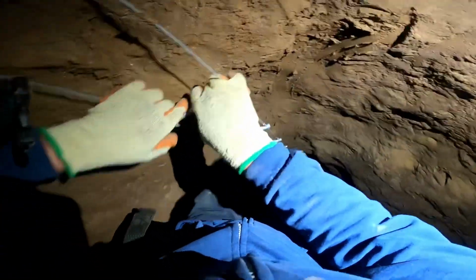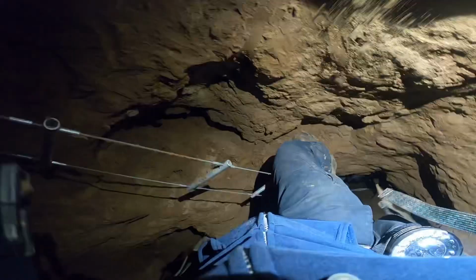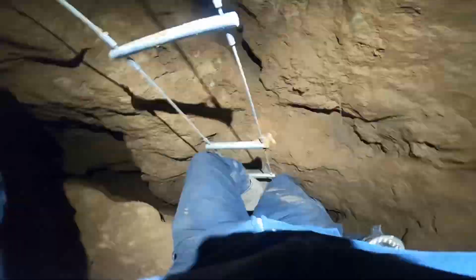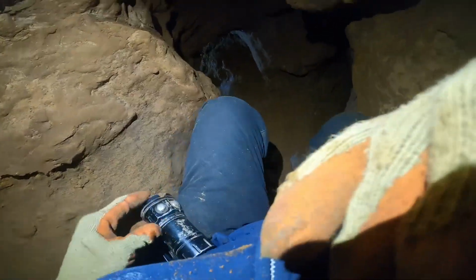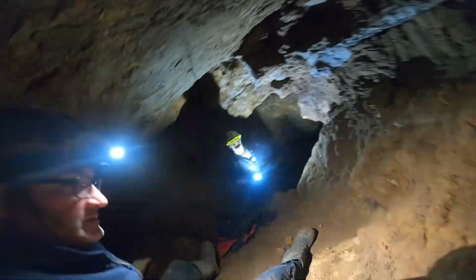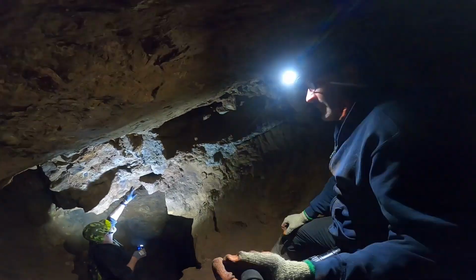Let's do this. Whoa. It's a nice bit of a toboggan, isn't it? Yeah. Woo! We made it! Gonna have to be careful, this is very clayey and there's lots which wants to give